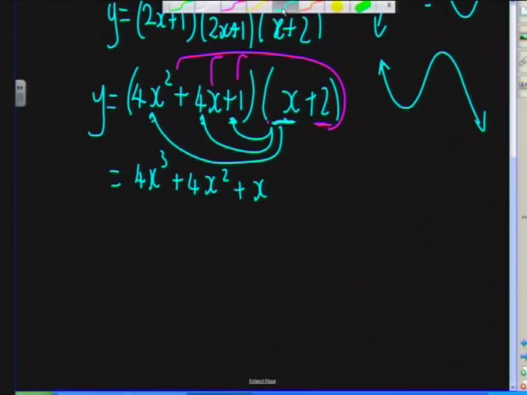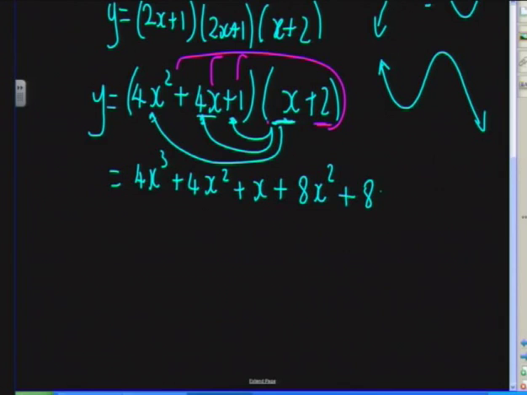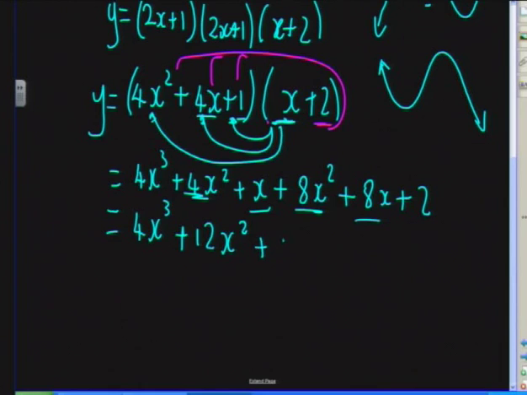Okay, 2 times 4x squared is going to give me plus 8x squared. 2 times 4x is going to give me plus 8x. And then 2 times 1 is just going to give me 1. We add our like terms. So we get 4x cubed plus 12x squared plus 9x plus 2. So as I was saying, you see we get a cubic expression, and a cubic function looks like